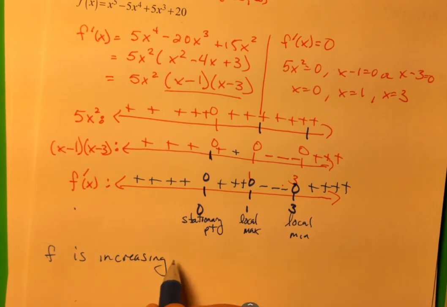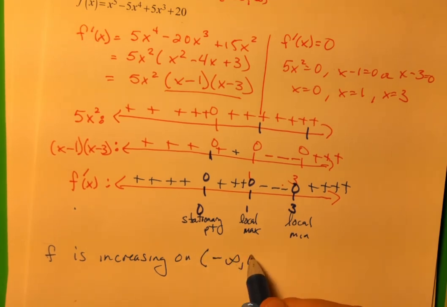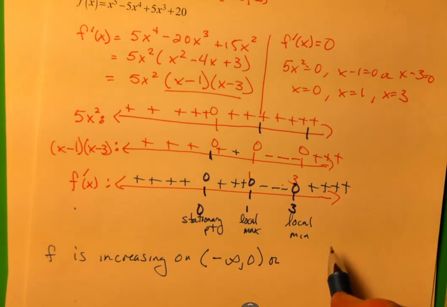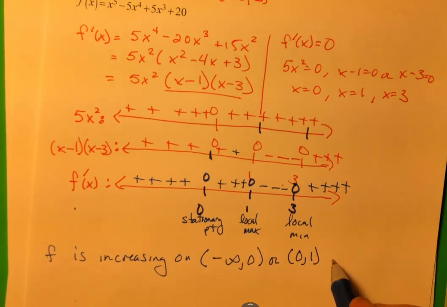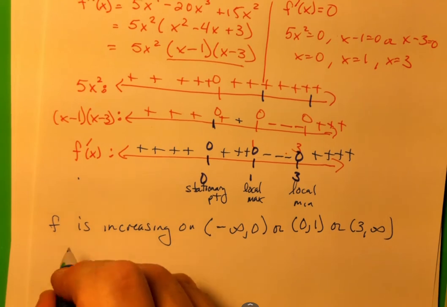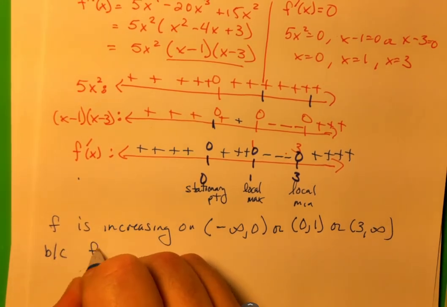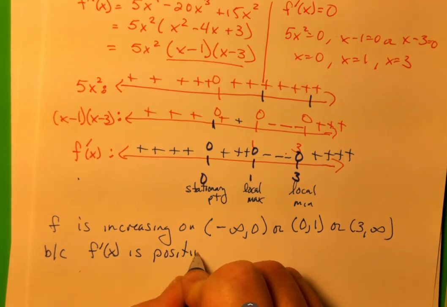Okay. F is increasing on... you look at your sign chart. Where is my derivative positive? Now, a lot of students are saying, Mr. Isaac, it's increasing at 0. It is, but not using the theorem you're using. The theorem you're using says a function is increasing at a point if and only if its derivative at that value is positive. 0 is neither positive nor negative. So in explaining where it's increasing, f prime is positive on